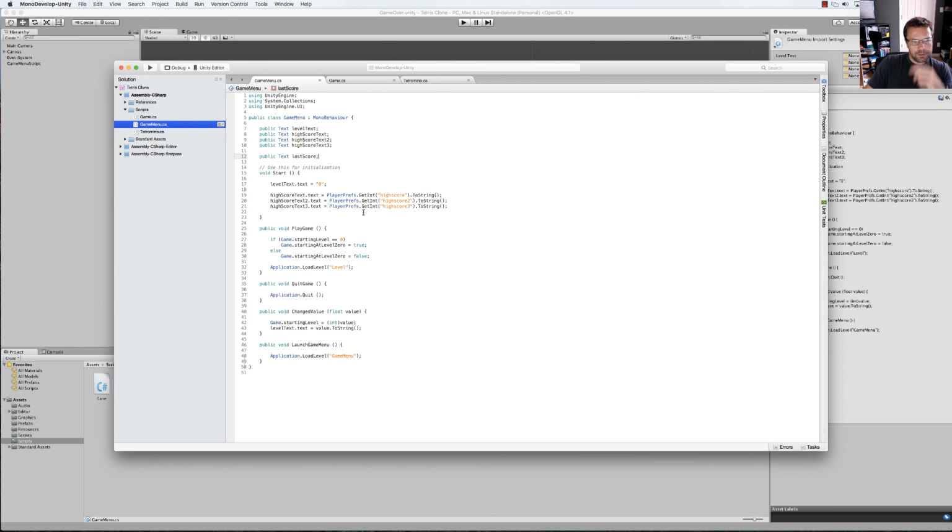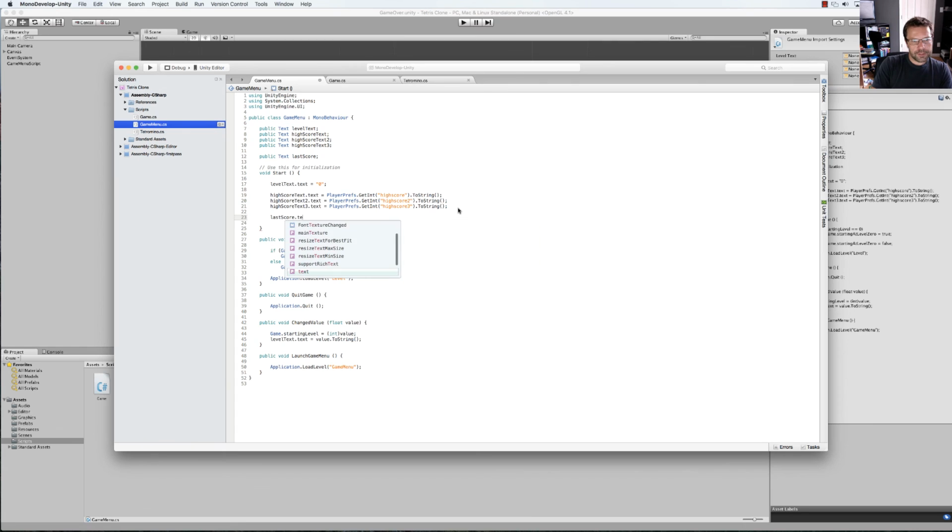And then when this script loads, so when the scene loads, we're going to populate lastScore.text, the text property of that game object, and that's going to actually equal the Game.current_